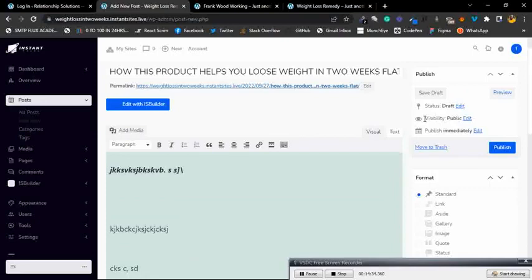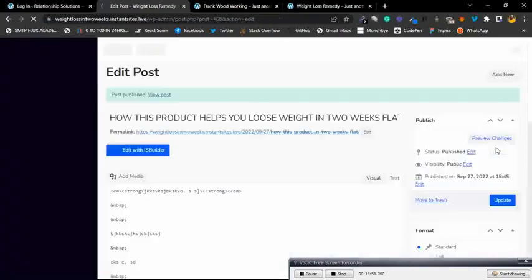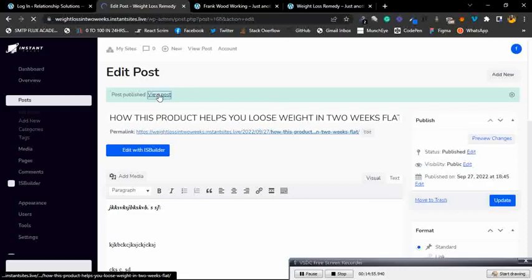All you have to do is you can choose to draft this. Okay, you can choose to preview it first of all. You can choose to save it as draft. You can choose to edit the visibility, just so that a few persons can see it. You can add a password to it for a particular set of customers, and then when you're done, you click on publish. All right, when you publish this, it goes live. As you can see, the post is live. You can click on the view post option right there,